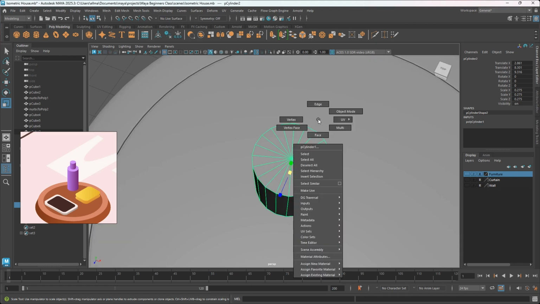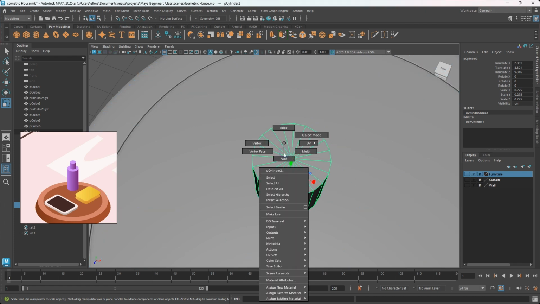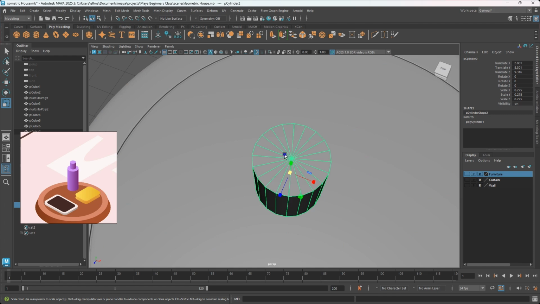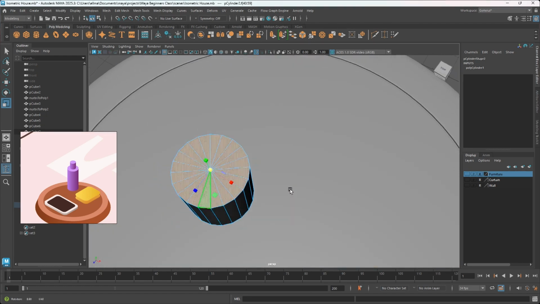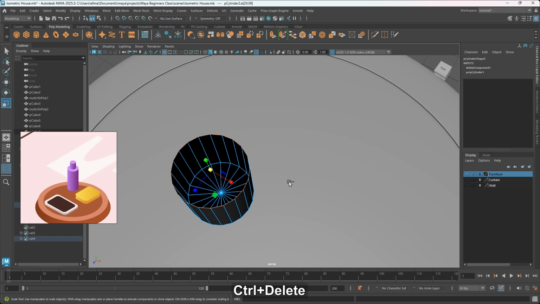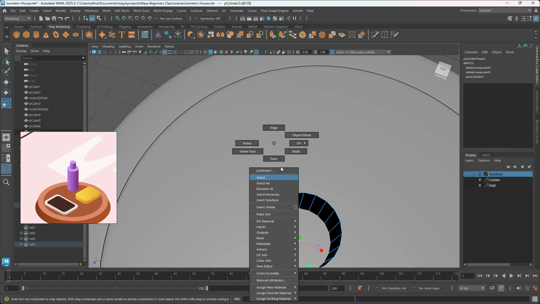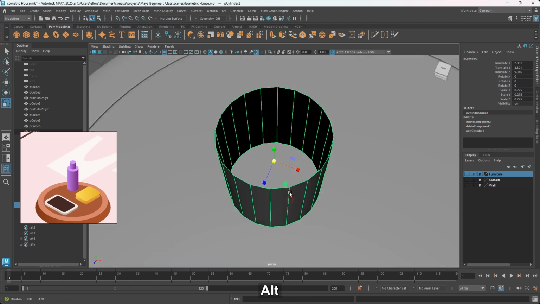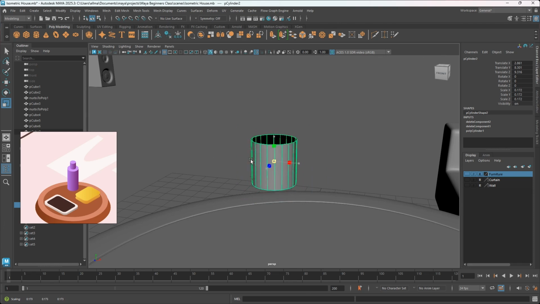So I'm going to right click and go into face mode, and I'm going to select, let's go back into object mode. Let's select this, right click, go into face mode, select all those faces, and Control Delete. And we're going to repeat the same here, Control Delete. And I'm just going to object mode, hit F to frame this. And I think I'm going to scale this down a bit. All right, now